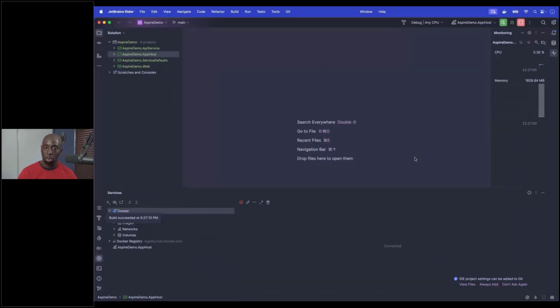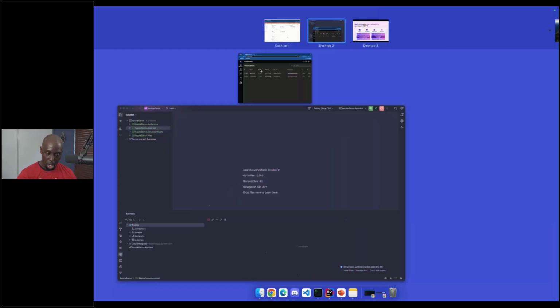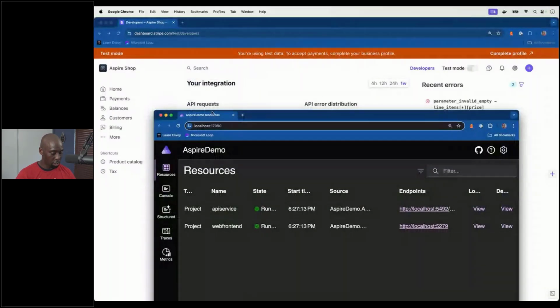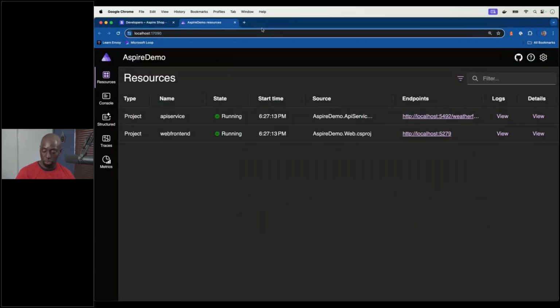And Cecil, of course, you said Visual Studio, like Visual Studio proper or Visual Studio Code or both? Visual Studio proper. Visual Studio Code does not have good support for Aspire today. So right now it's a Visual Studio proper thing. So if you're a VS Code person, you are going to have to use the command line to run the application and then attach the process. You could always debug things that way. But in terms of the C# Dev Kit, the C# Dev Kit in Visual Studio Code right now does not have very good support for Aspire.